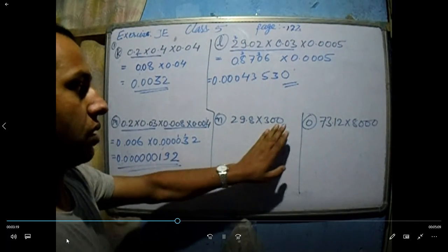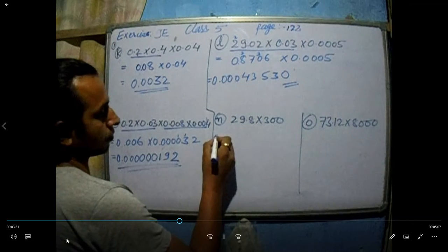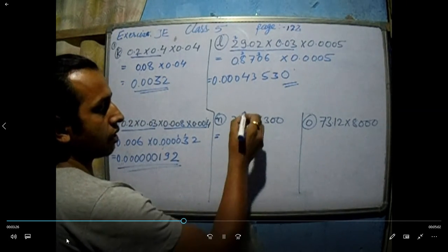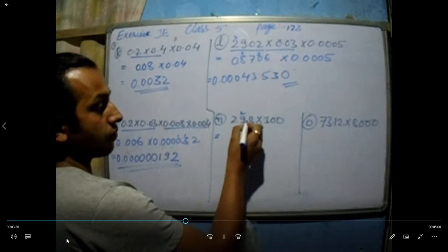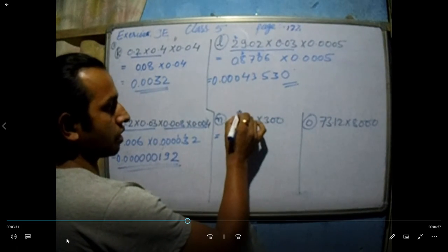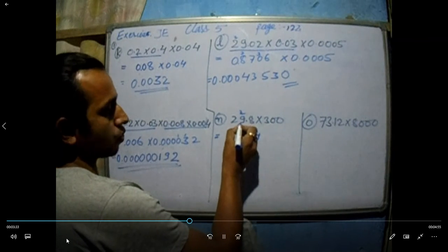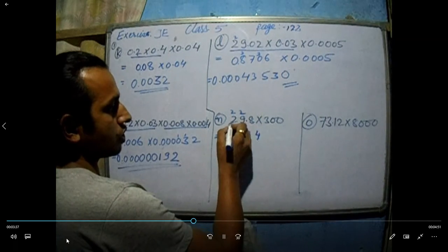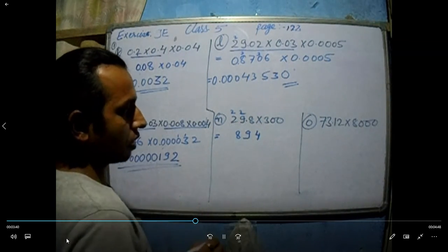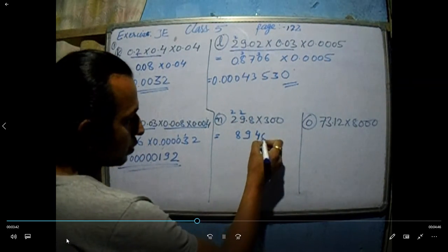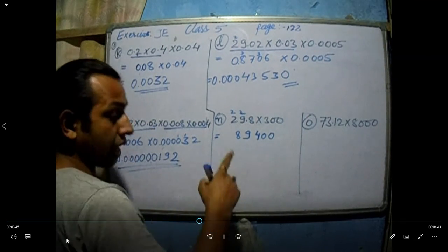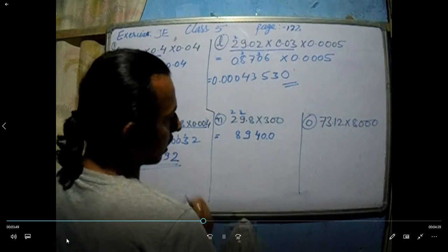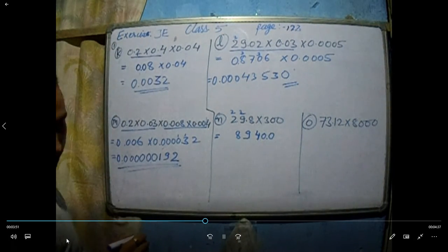Now again we are going to multiply. Leave the 0 part. First multiply with the digit. Okay. 3, 8 is 24. Carry 2. Forget about the decimal, okay? Decimal will put it later on. 3, 9 is 27, plus 2 is 29. Carry 2. 3, 2 is 6, 6 plus 2 is 8. Got it? Now, how many zeros are there? Put that many zeros. Okay? Then, start with decimal. After decimal 1 place, now from back, put at 1 place. This is your answer. Okay?